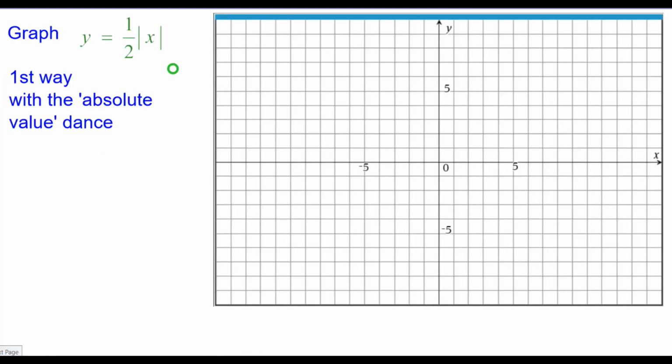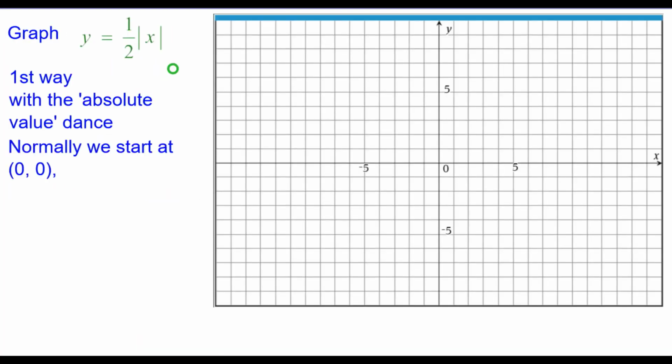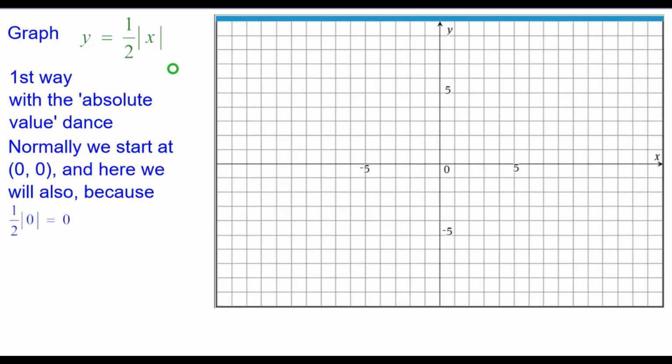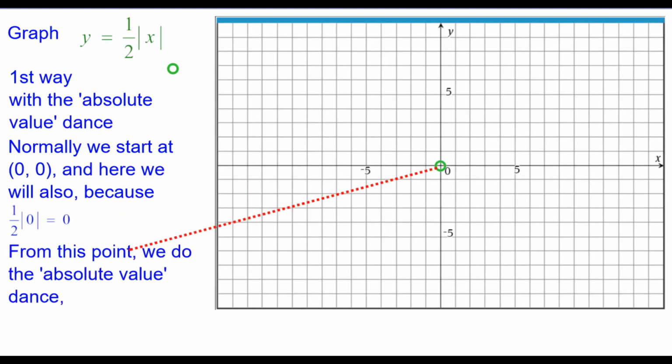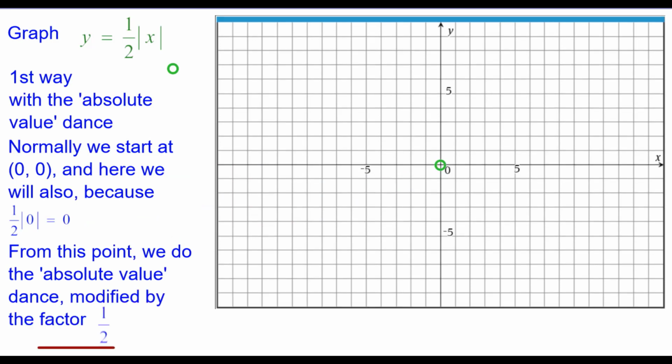The first way is with what we call the absolute value dance. Normally we start at the origin, and we will here also, because 1/2 the absolute value of 0 is 0. The 1/2 factor does not affect the origin. From this point, we will do what we call the absolute value dance, modified by the factor of 1/2, that